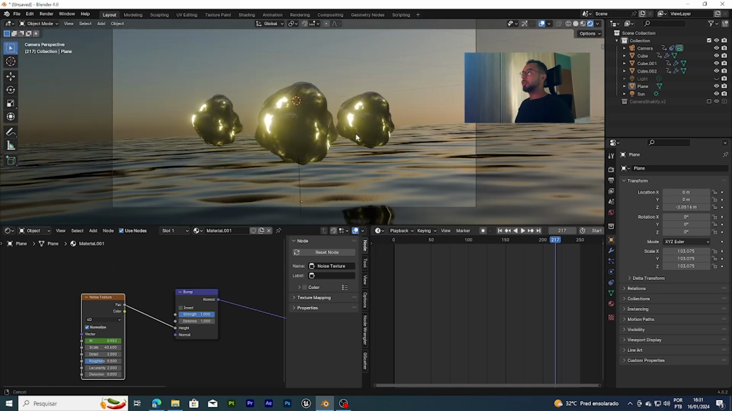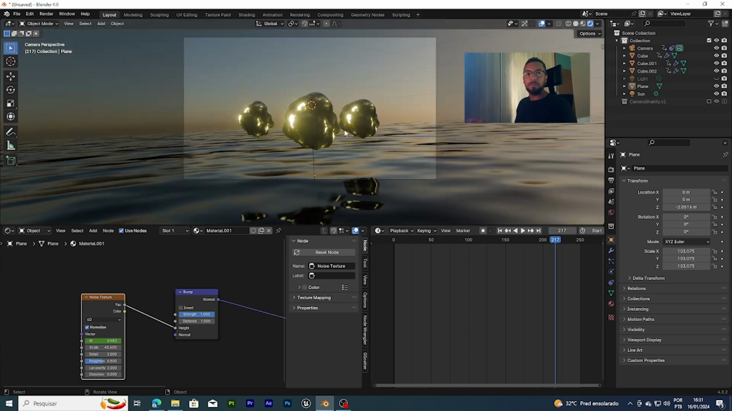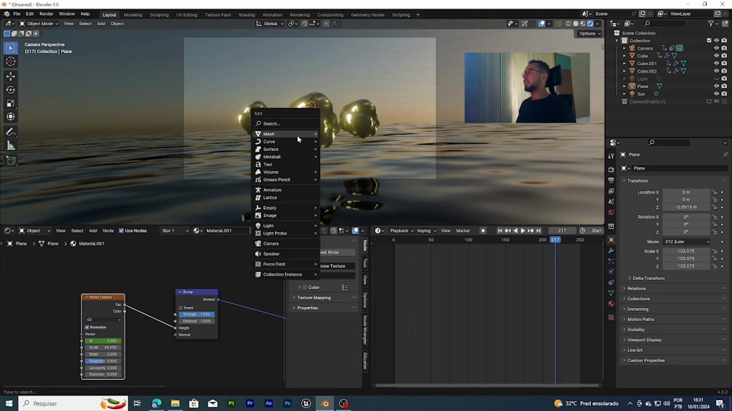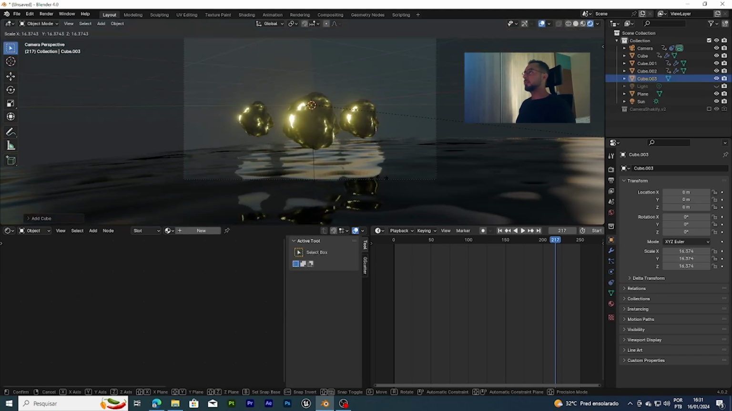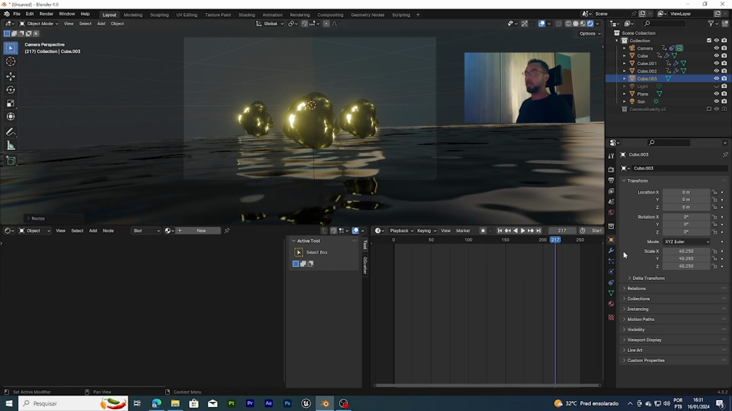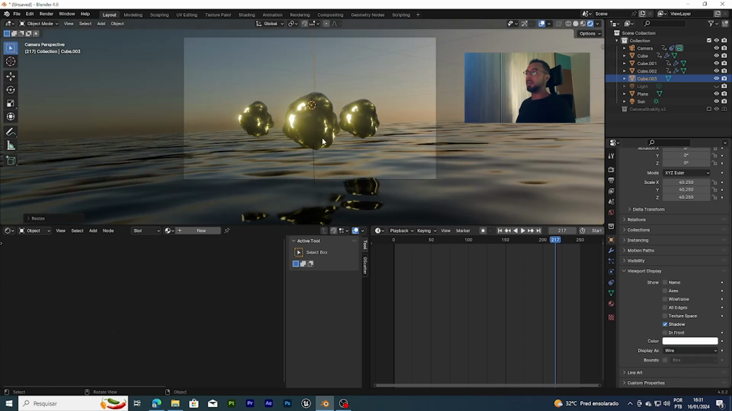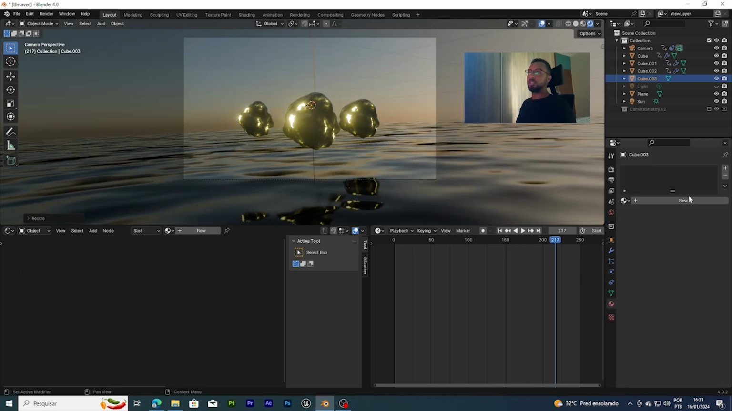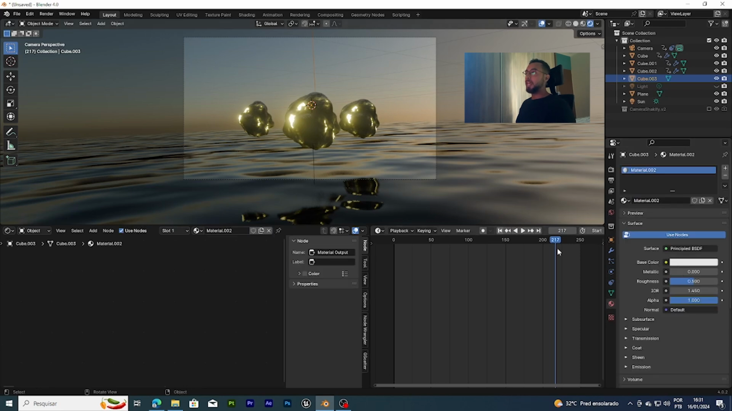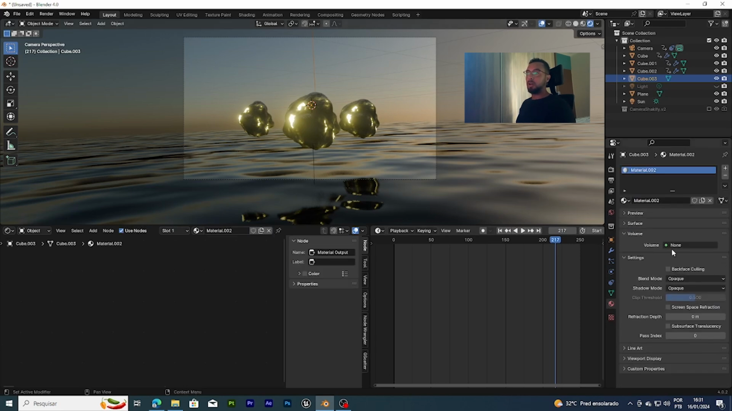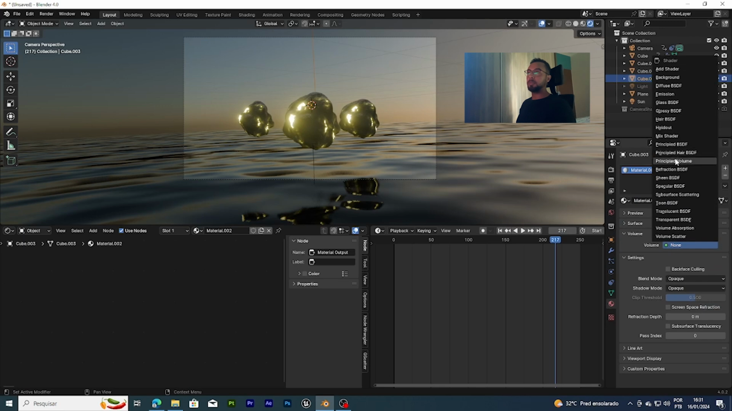And what we can do next, just to create some volume into this scene here, I'm gonna press Shift A and then select cube here. I'm gonna just scale this up a little bit, just like so. And then I'm gonna go here to Object Properties, go to Viewport Display, and select Wire, right? So now I gotta go to Materials, select New, and then here I can go to Volume and then select